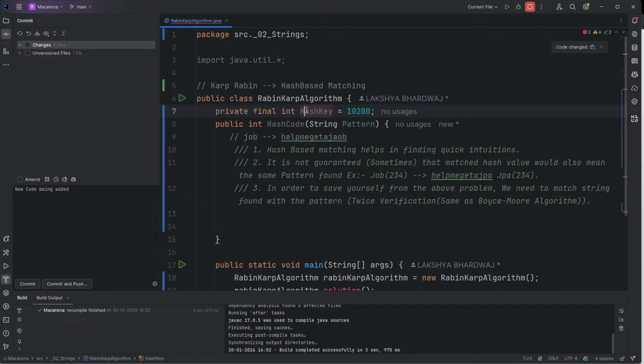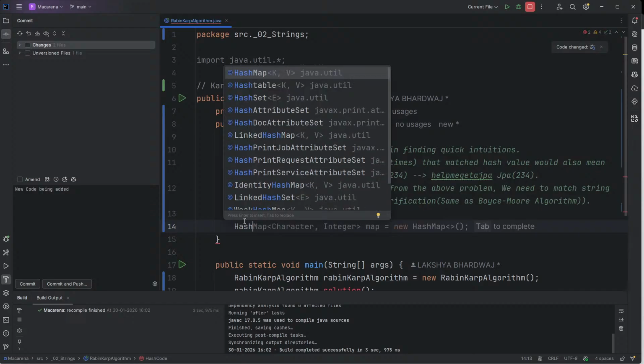Okay, so this is the constant value. We'll not change this at all. You cannot modify this at all as well. So you cannot modify this. I'll tell you why. So suppose if you do hash key,